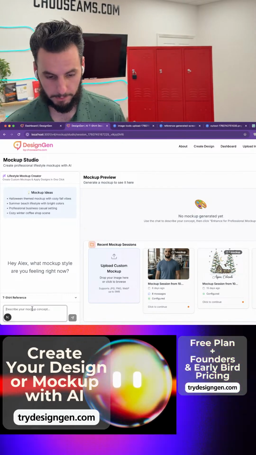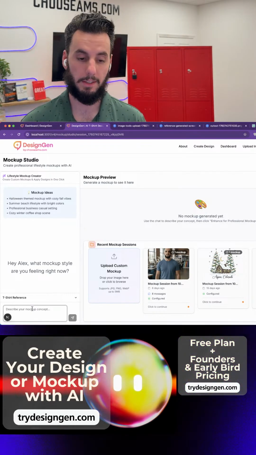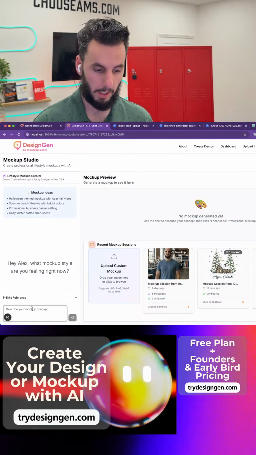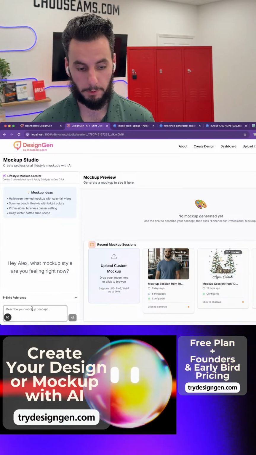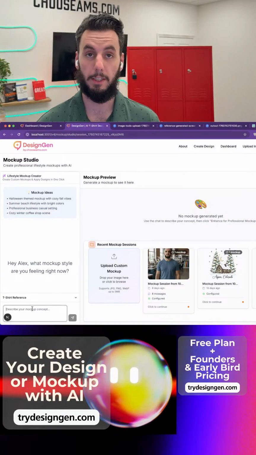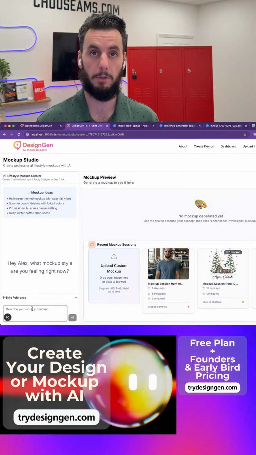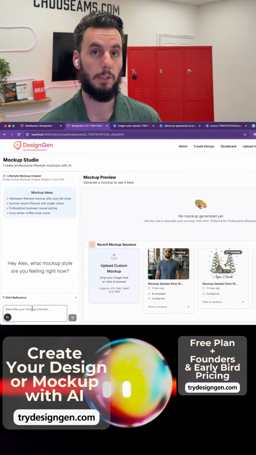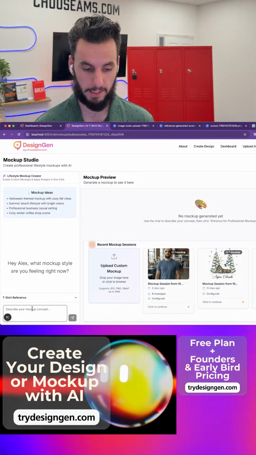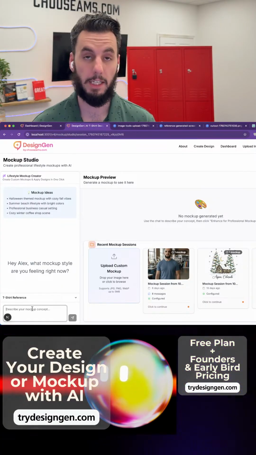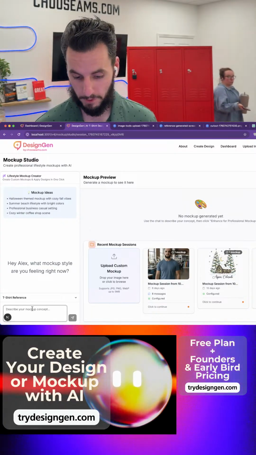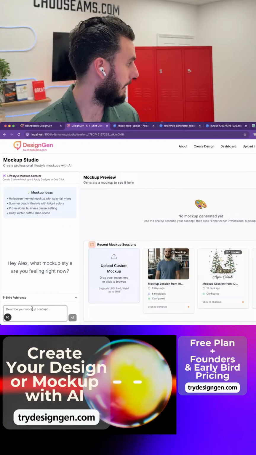But yeah, so this is Mockup Studio. So obviously you can take the designs that you already have, any images, and work with them as we've been doing this whole hour so far. But if you want to actually take your designs and get them applied to a t-shirt so that you can sell the whole t-shirt, sell the design, sell the transfer, whatever it is, you're going to need a mockup to do that. So previously you were stuck using just traditional mockups that were generic of random people, really, and you kind of had to put a round peg in a square hole, and it wasn't the best solution. So now,